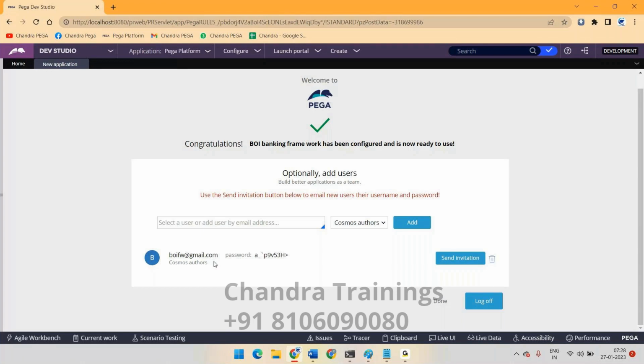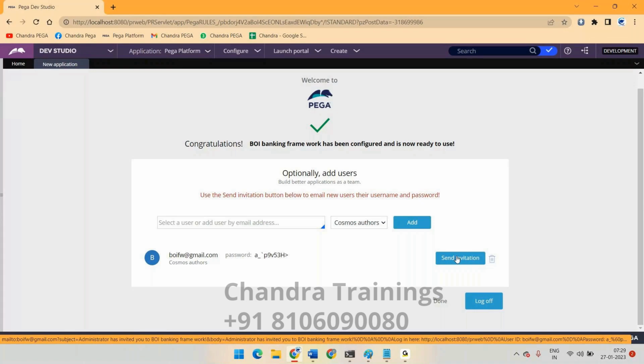We can't do anything with the application, so you have to do something from the backend. So for now, 100% at least one operator ID should be created, and 100% this password has to be copied. By chance, if you click on this send invitation button, so that the username and password will be mailed, that is what we are seeing. Now if I click on this send invitation, the email will not be generated. Generally, the email will not reach you because